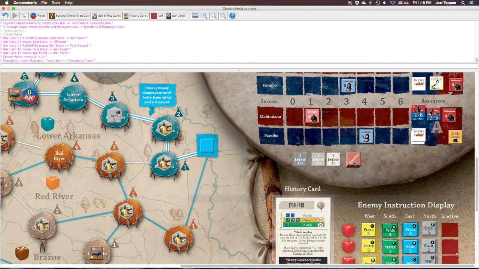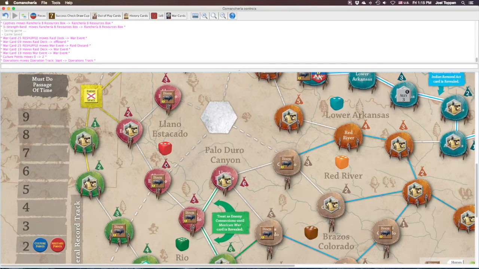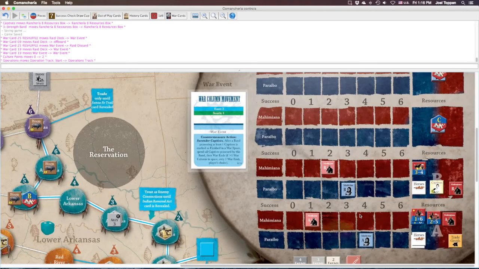Let's say we pull a success counter out, and since there are no APs available to the enemy over here, there's really no need to do much of anything here. So nothing really happens in the operation cleanup phase. Something I wanted to point out about this, though, one of the other reasons why I wanted